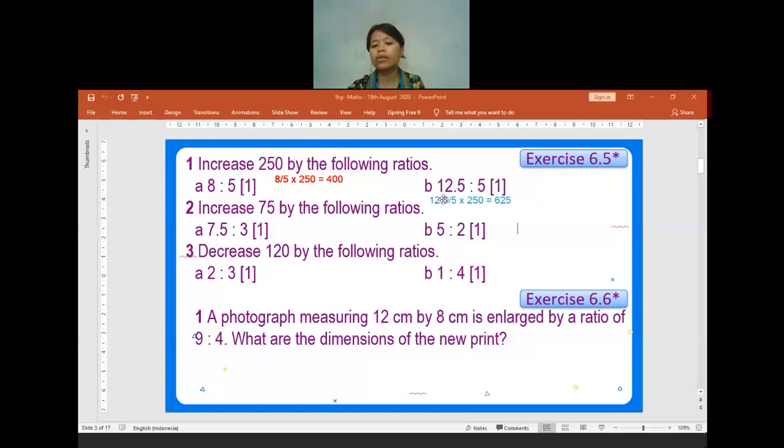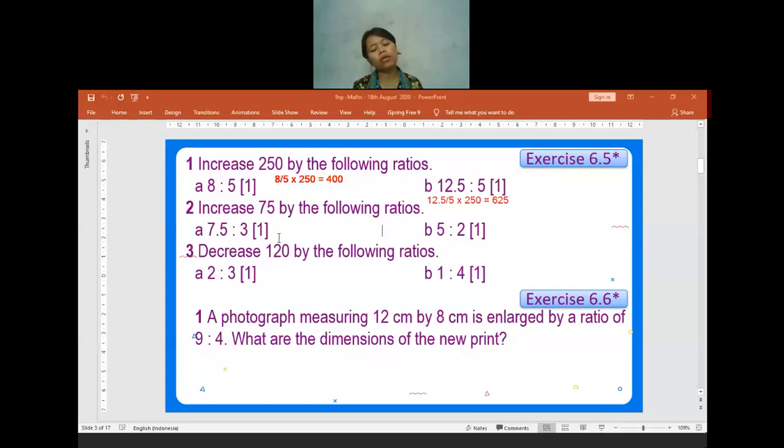When it is inverse or direct proportion, it will be given in the word problem. When it is not a word problem, like when it says increase or decrease, we only increase or decrease the value by the given ratio. It will not be related to inverse proportion or direct proportion. Inverse and direct proportion will appear in word problems only. But when the sentence is short, it will not be any direct or inverse proportion.